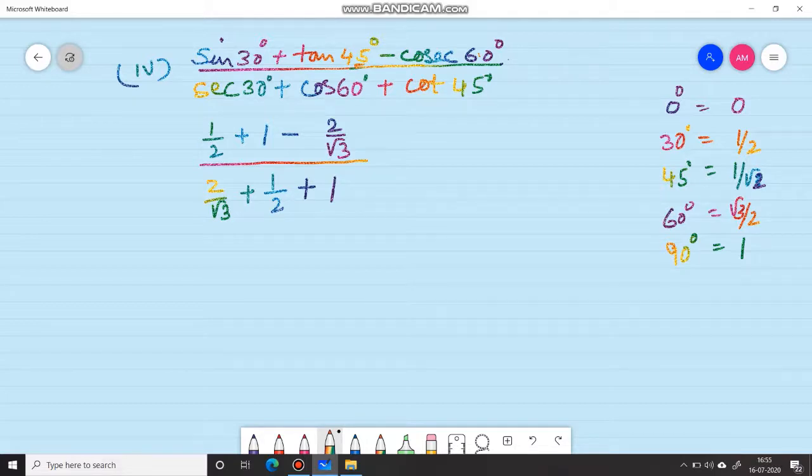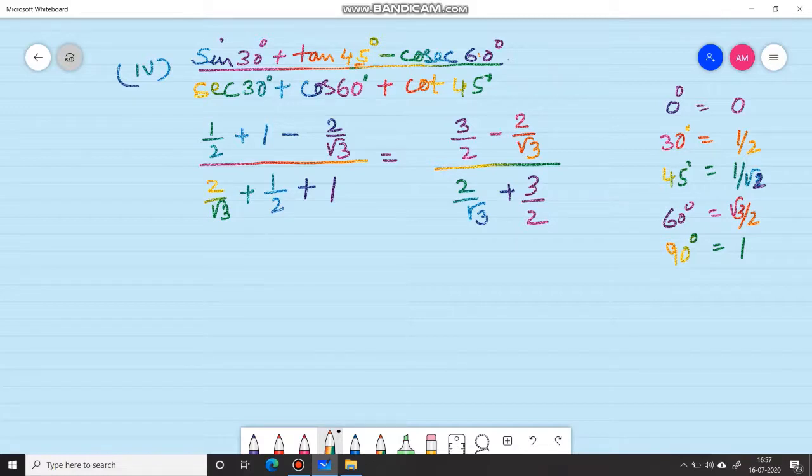Now let us proceed how we can do this. Now children, see, in the numerator you have 1. First of all, let us do this part. 1 by 2 plus 1 is how much? This will be 3 by 2, isn't it? 1 plus 1 by 2 will give you 3 by 2 minus 2 by root 3. And here in the lower part you will get 2 by root 3 plus 3 by 2. This you can do it. 1 plus 1 by 2 you will get 3 by 2. Here also it will be 3 by 2.